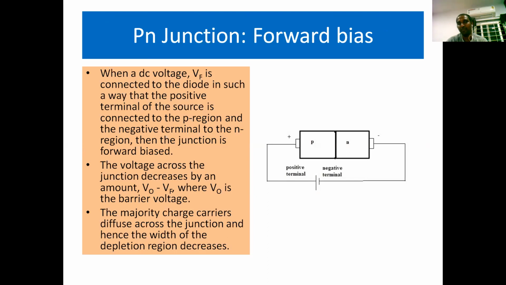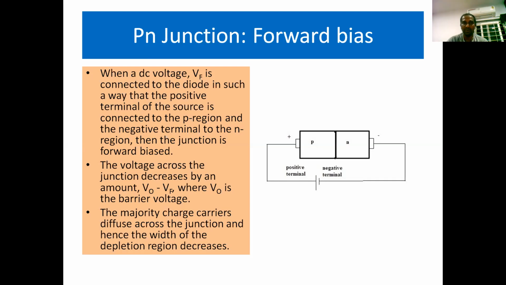If we consider the operation of a PN junction diode under unbiased condition, there is no flow of current. So that's why there is no use in maintaining the PN junction or operating it under unbiased condition. Then let us see what happens if we operate the PN junction in forward bias. What is this forward bias? The positive terminal of the battery is connected to the p-type semiconductor and the negative terminal of the battery is connected to the n-type semiconductor. Such a type of connection will be called forward bias.